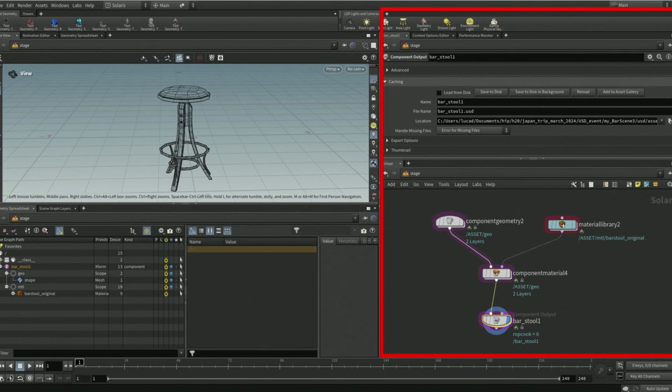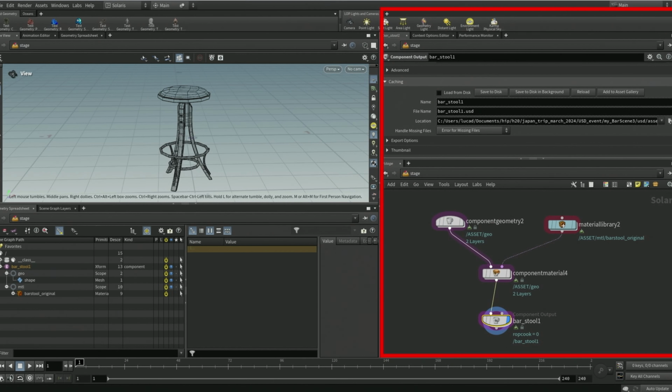So this scene graph tree, and ultimately what we see in the viewport, is being created and controlled by nodes that we put down in the network view. Houdini has a lot of low-level nodes that allow you to compose your scene graph tree. This can be a bit daunting for a new user, so we created a series of nodes which we refer to as the component builder.